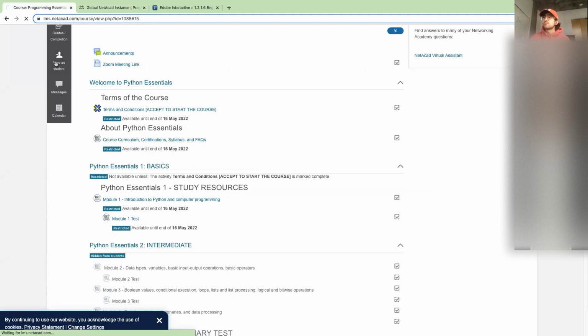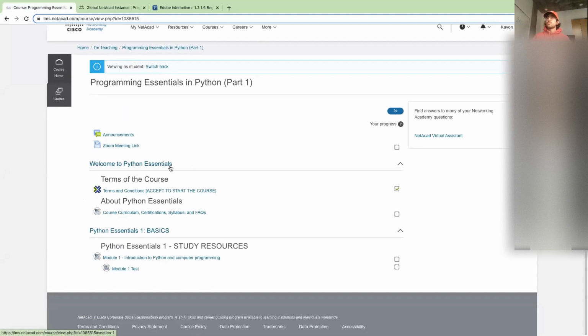So if I look at this from a student perspective, we have our accept the terms and conditions. This is the first thing you are going to want to do when you're in this course: accept the terms and conditions. Once you do that, this Python Essentials 1 will open up for you. All it is is module 1 and a module 1 test. This will give you all the materials you need to learn, and the module 1 test will test your